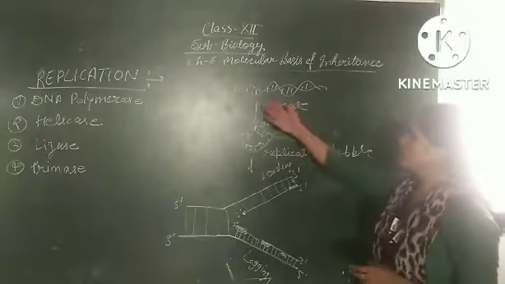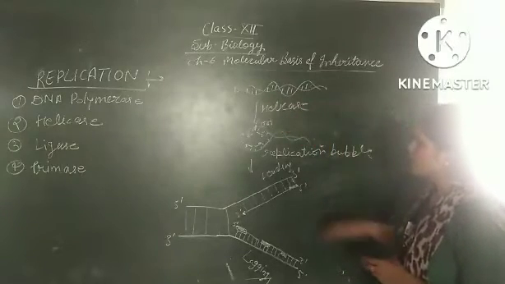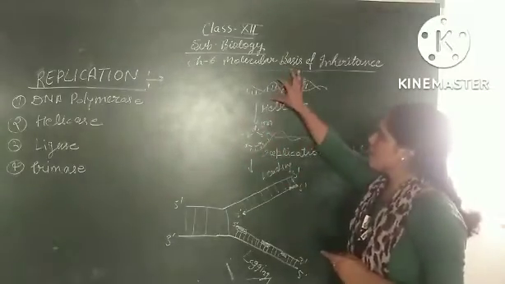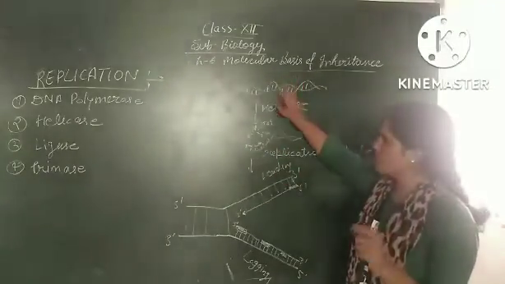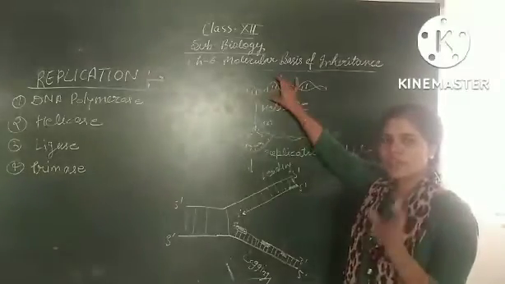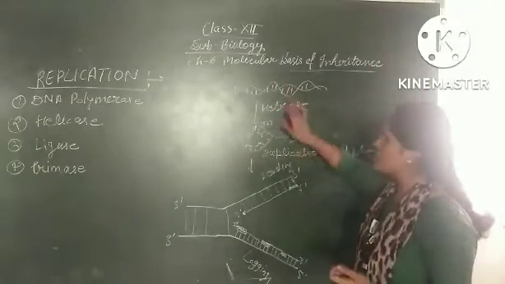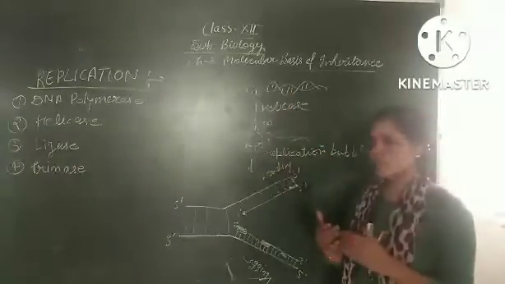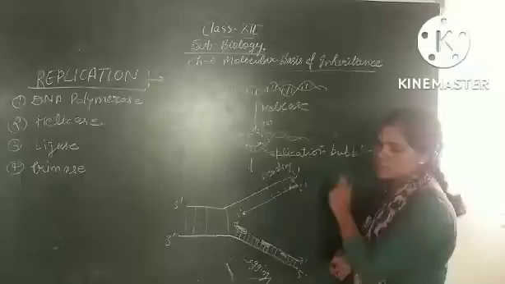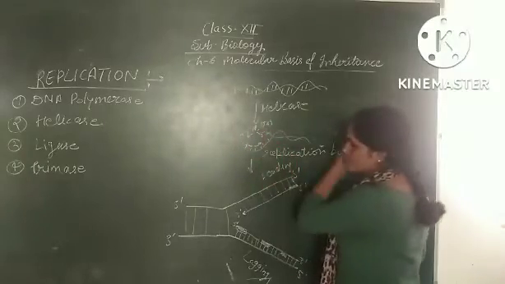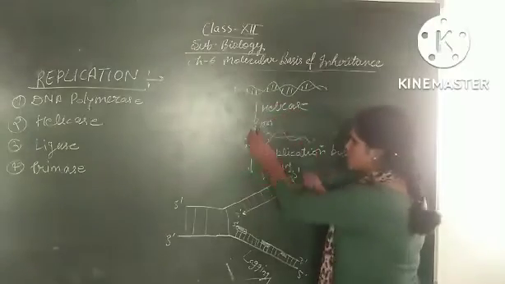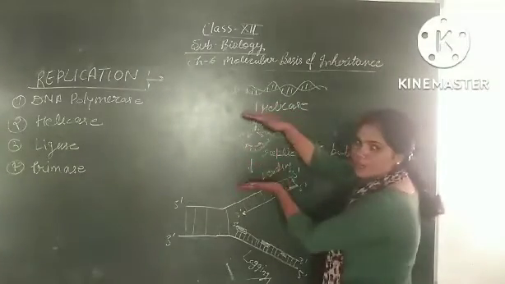So this is our DNA strand. For the replication, first the helicase enzyme finds the origin, the area from where we have to start the replication, and after finding that area, it helps to break the hydrogen bond. After breaking the hydrogen bonds, this area of DNA will separate, so these two strands will separate from each other.